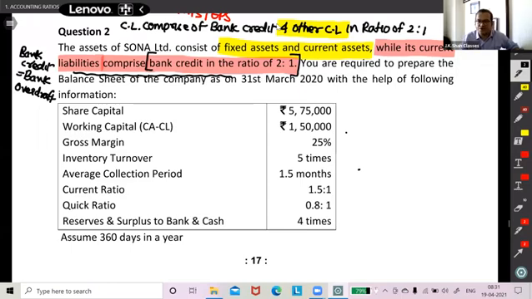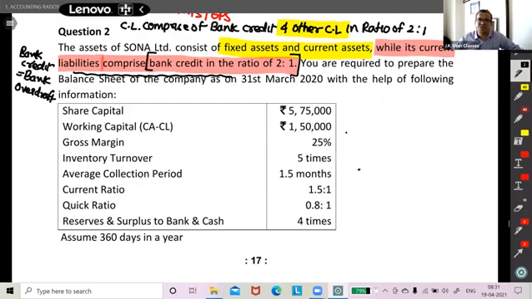We go ahead. We continue reading. So I hope now you are pretty clear that bank overdraft has two parts. Other current liabilities are one. Okay, fine. You're required to prepare the balance sheet of the company as on 31st March 2020 with the help